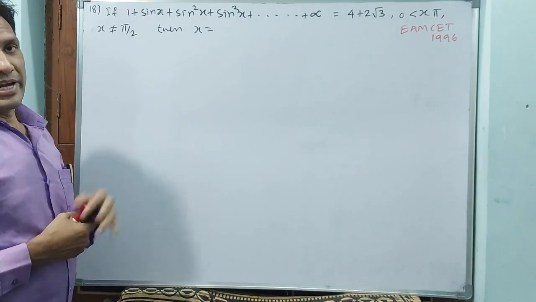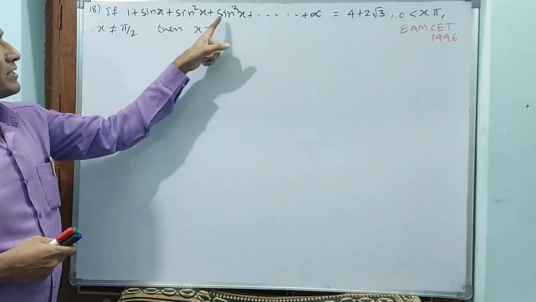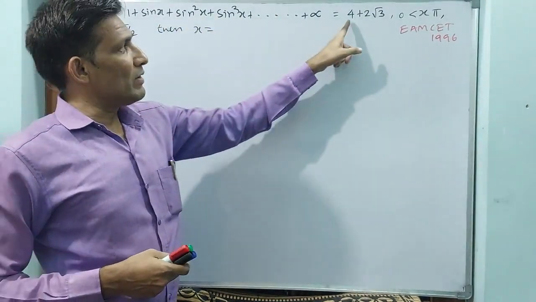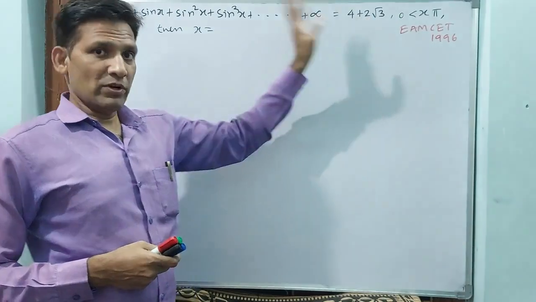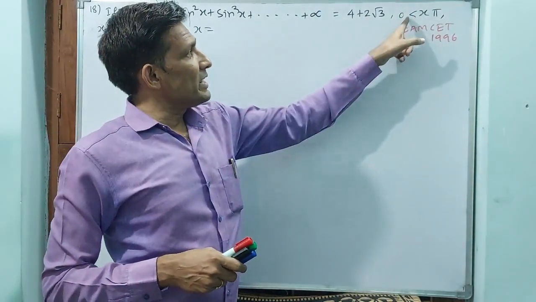Okay, see question number 18. It is a series: 1 plus sin x plus sin square x plus sin cube x up to infinity terms. But the sum of this series they have given as 4 plus 2 root 3. The sum they have given, and they have given that x should be greater than